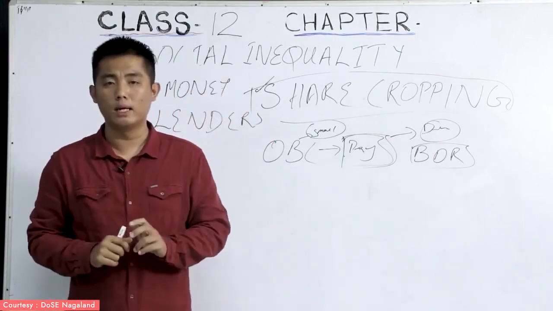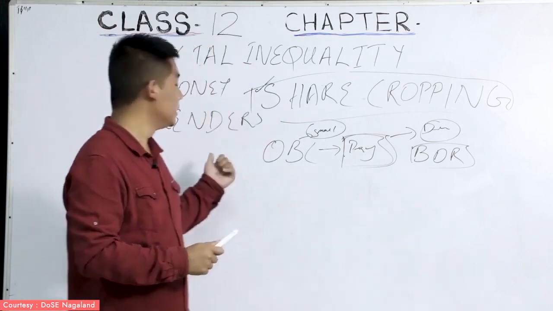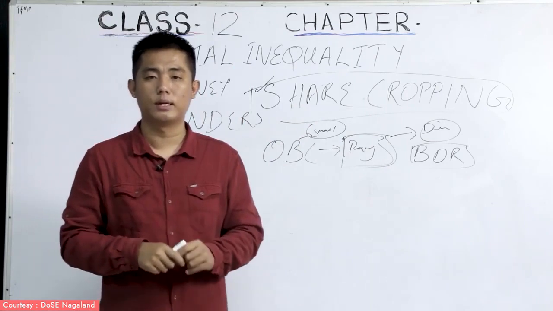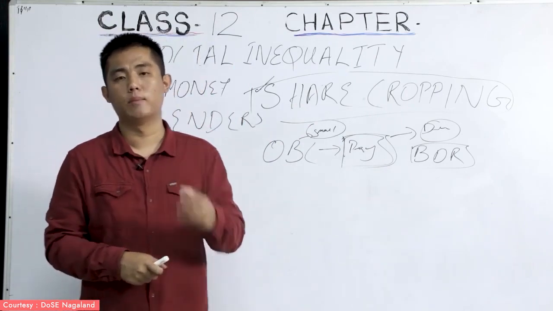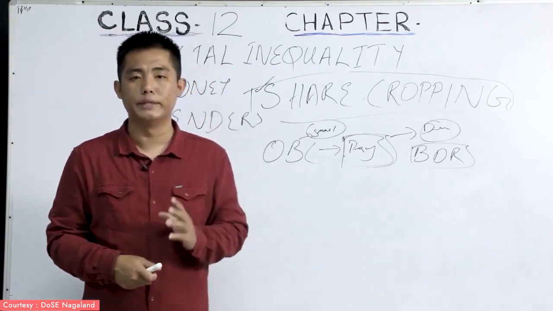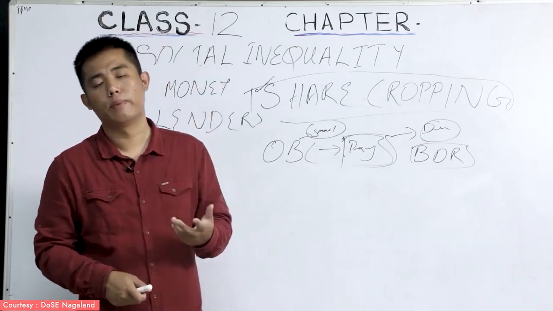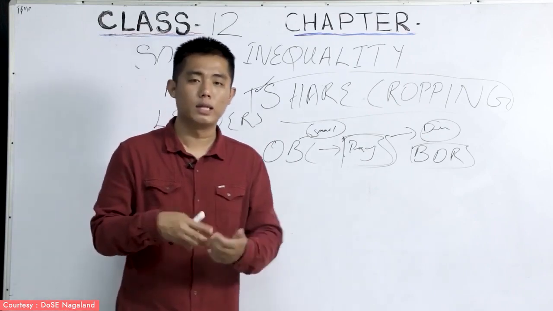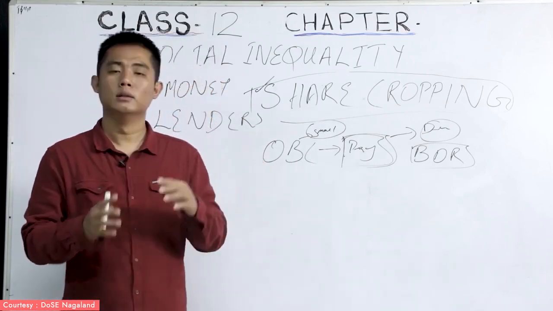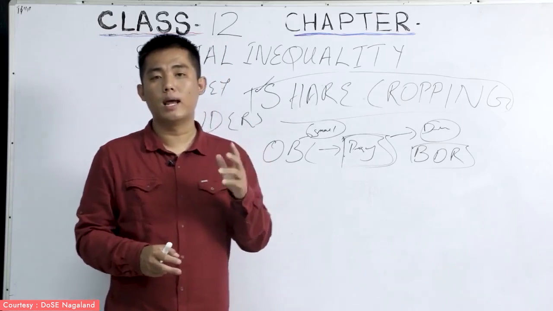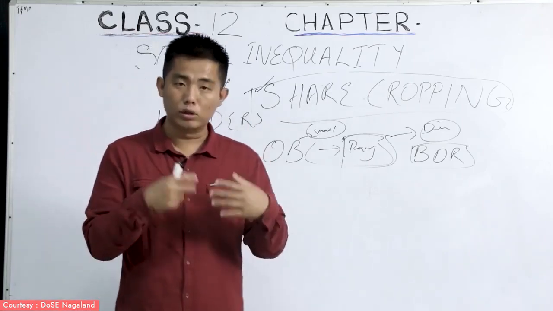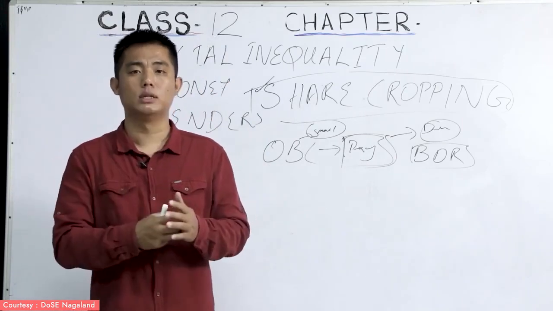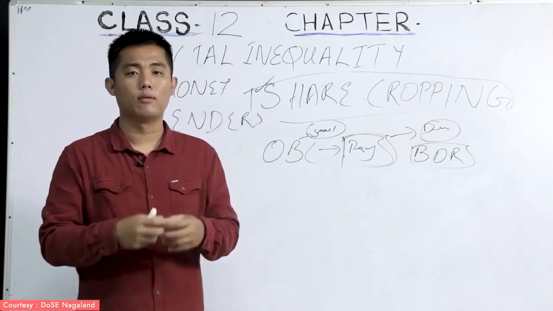Now, they would borrow the money, and the money lenders would charge them a very high amount of interest. For example, you are borrowing just 1 lakh rupees, but in return, you are supposed to pay around 1,50,000, 1,70,000, like that. Which means the rate of interest was very, very high. And if they were not able to pay, or in order to perform all these rituals, by any means they needed the money, and they were compelled, forced to borrow the money from the people.